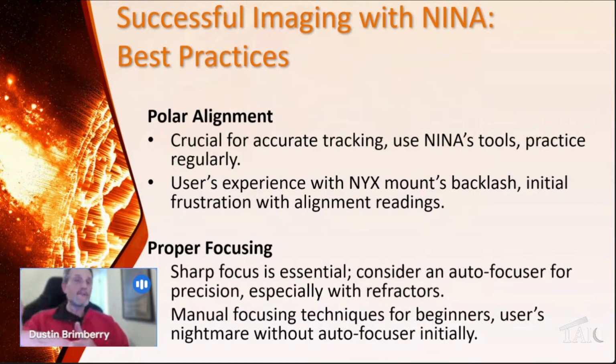So again, if you're new to this, spend the extra money up front, and you can get these autofocusers cheap now. ZWO has one for like less than $200 that you can get. The Pegasus one that I have, the FocusCube, was like $300, but I should have probably gotten the ZWO. Anyway,